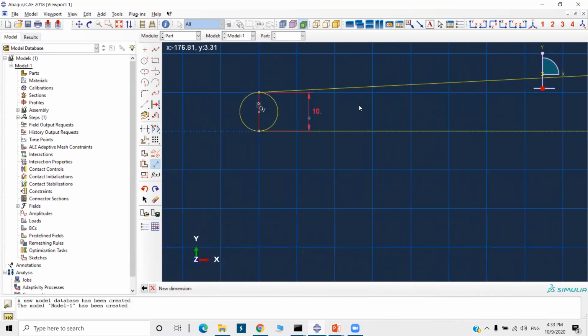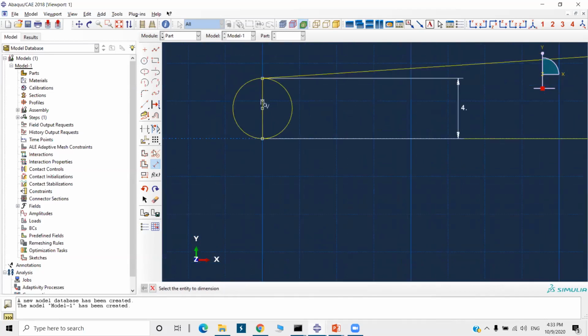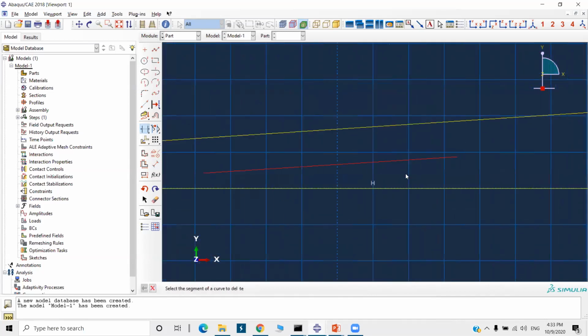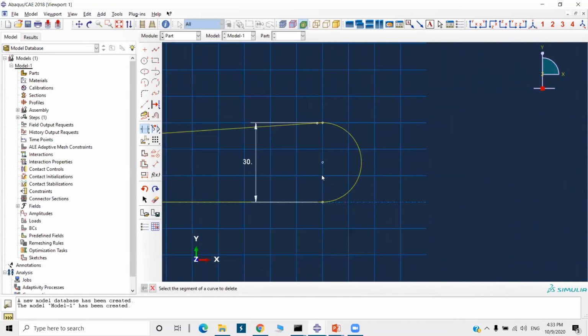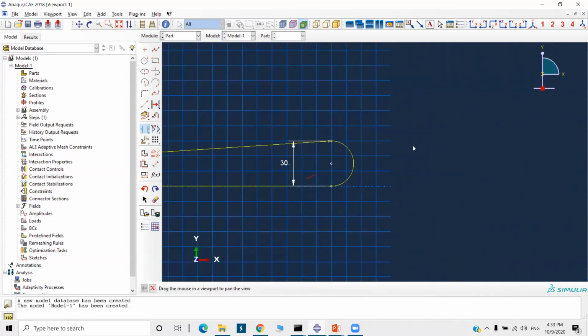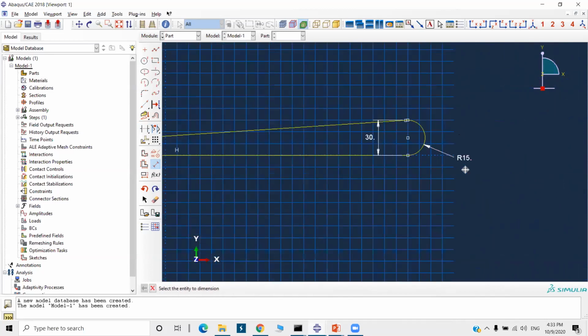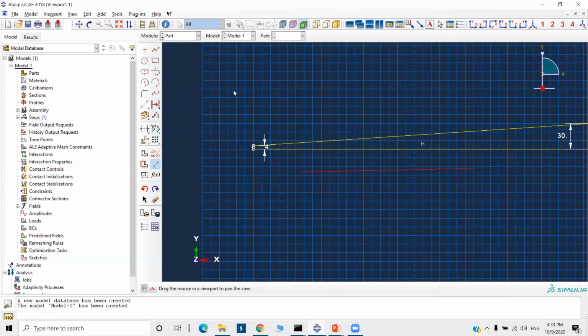I will select this auto trim command and just trim these lines. The radius is 15. Enter. Here also the radius is 2.